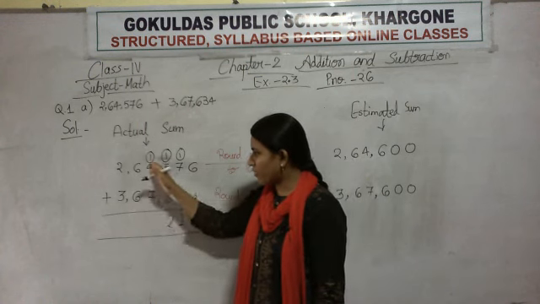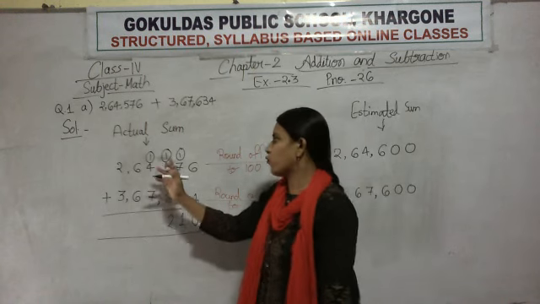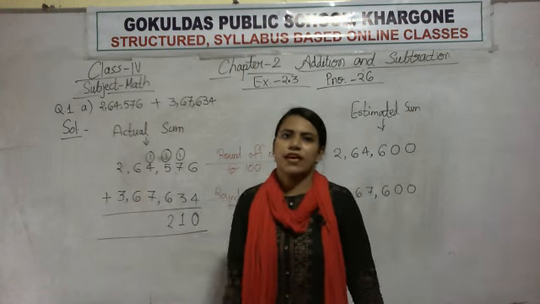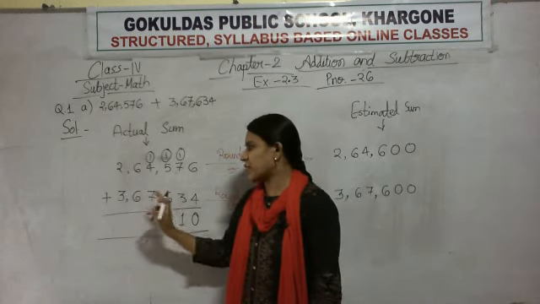Okay, now add all the digits in the thousands column. Add 1 plus 4 plus 7. 1 plus 4 is 5. 5 plus 7 is,